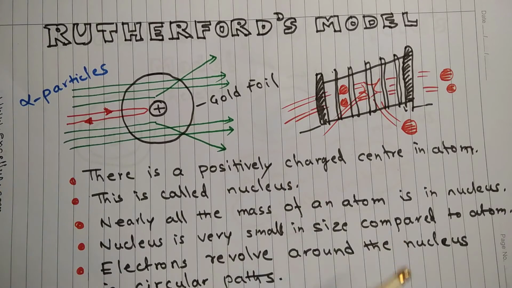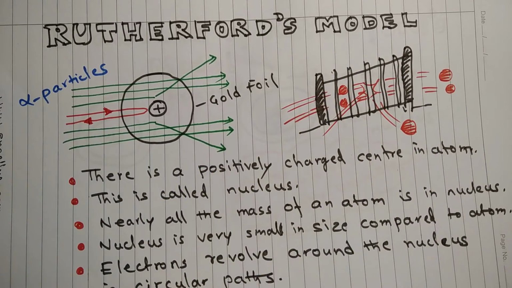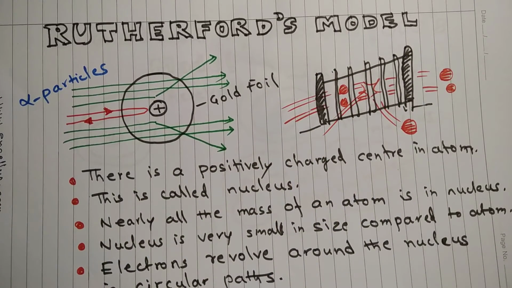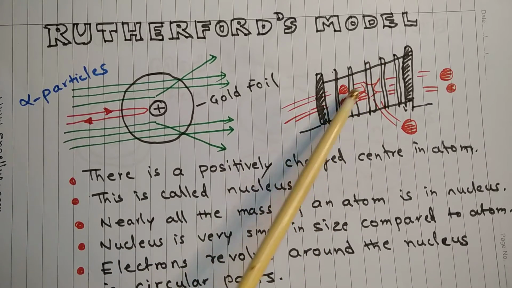Okay, so you can compare it with a game. Let us say there is a railing which has iron rods in it, and you are asked to hit the railing with balls. Now the condition is that you are blindfolded. Since there are gaps in between the rods, chances are that most of the balls you throw will pass straight through the railing, and a very small amount of balls have the likelihood of hitting one of the bars of the railing and getting bounced back.